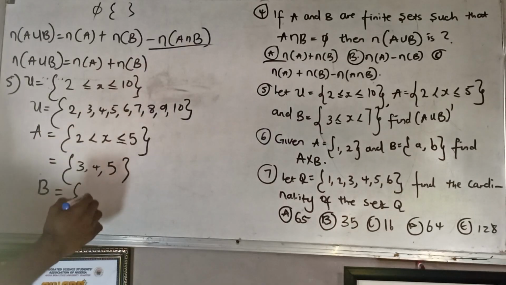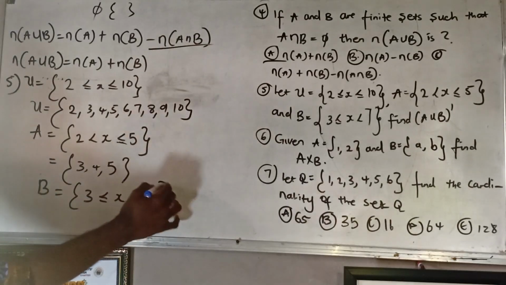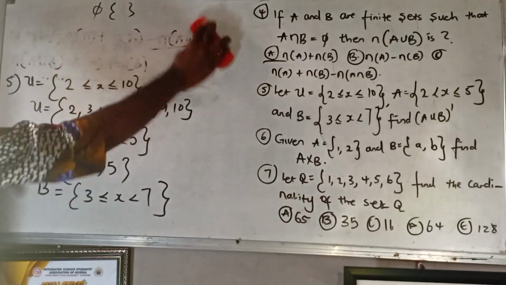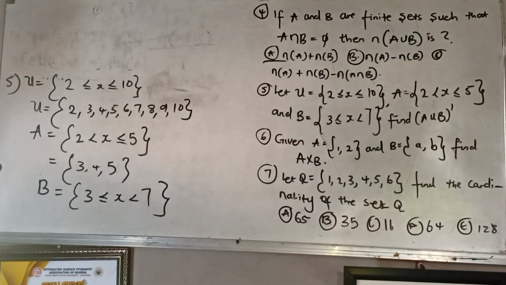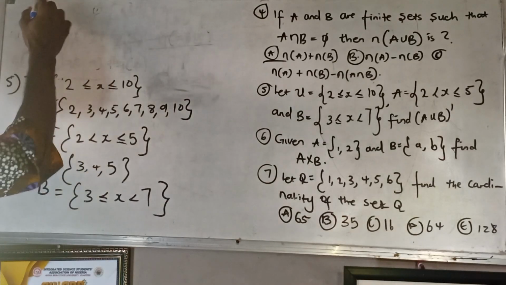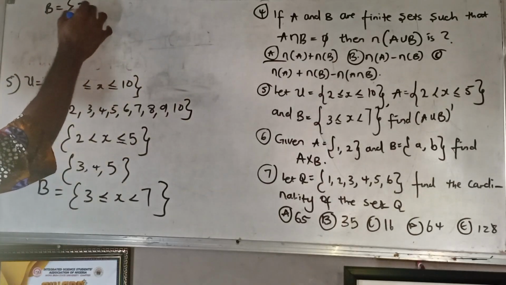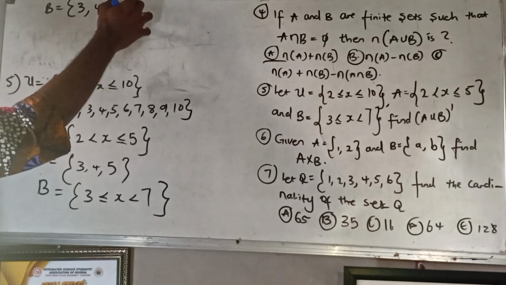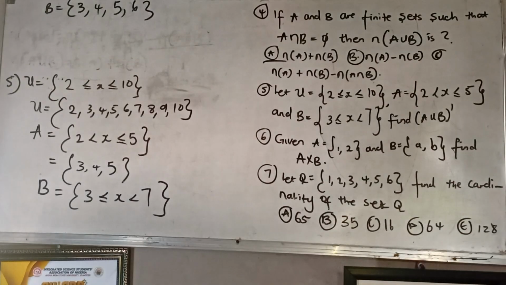So let's move to B. B is given to be 3, this, and 7. Permit me to clean the upper parts. We are done. The board is too small for the expansion. Let me expand my B. If I want to expand my B, that means 3 is included, 4 is included, and 5, 6, and 7 is not included. 7 is excluded. So in our